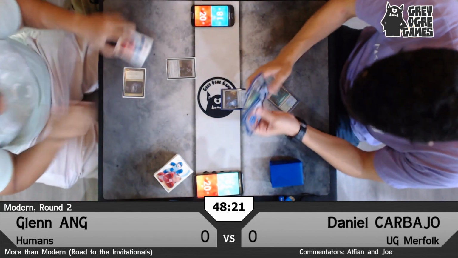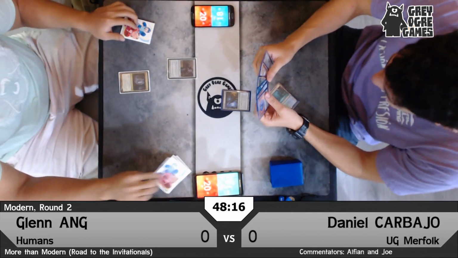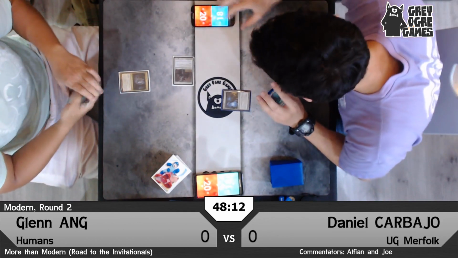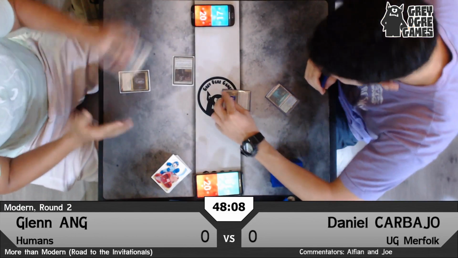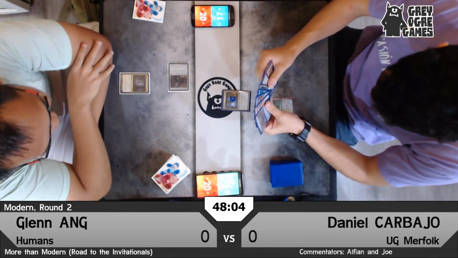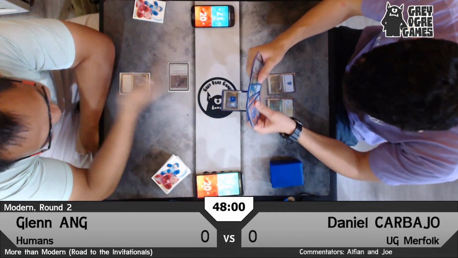Okay, so turn one Interval, always a good start. Yeah, that's a great start, and exactly what you want to do today. And Daniel has two Force of Negations in his hand, which is actually not a very good hand, especially against humans, I don't think. Yeah, situational. Two is not great, but I think having one is quite a surprise. That's true. I mean, you could take out his